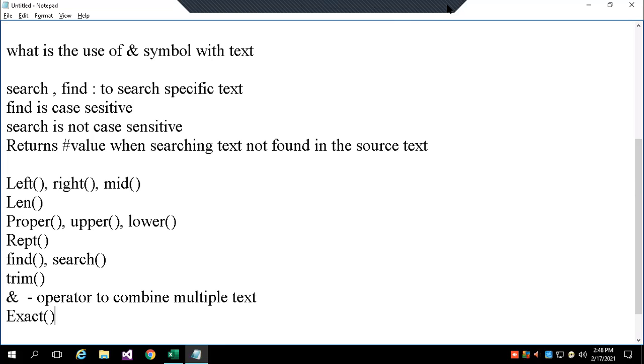Shall we go to the next function? Okay, you are not answering, I don't know. Chaitra, any doubts? Mithun Kumar, Abhijit, do you have any doubts?